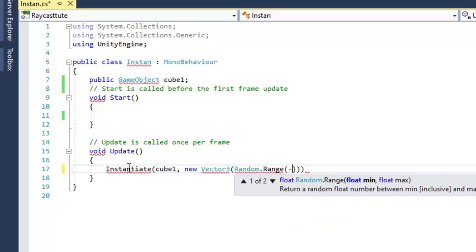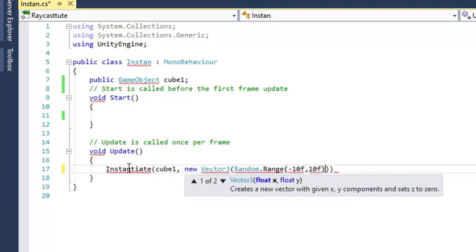Suppose I am providing the range from minus 10f to 10f. It means in the x direction an object may be created between minus 10f and 10f coordinate values.